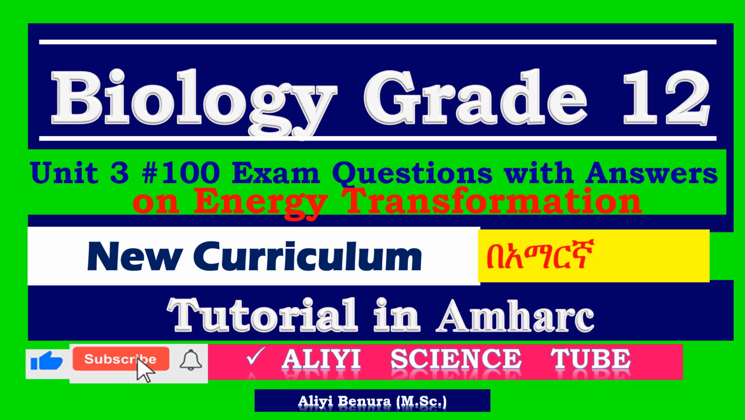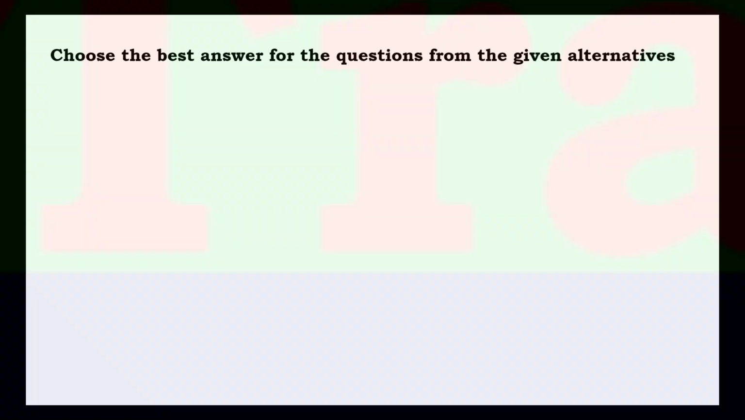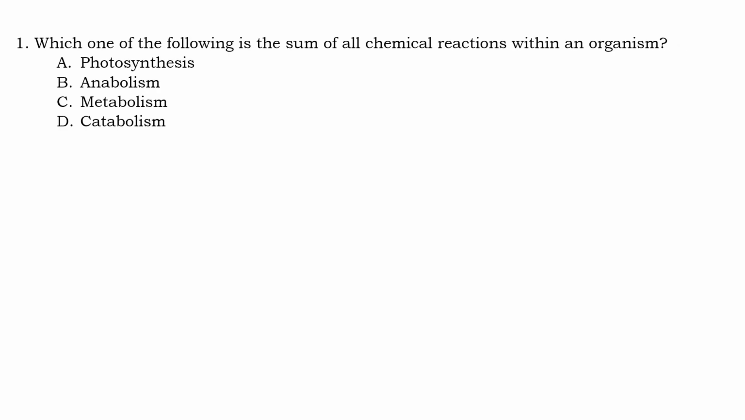So let us start our today tutorial on unit 3 100 exam question with answer on energy transformation of biology grade 12. The instructions say that choose the best answer for a question from a given alternative. ከተሰጣችሁ ምርጫ ውስጥ ትክክለኛ የሆነ መልስ ምረጡ ይላል። Question number 1, which one of the following is the